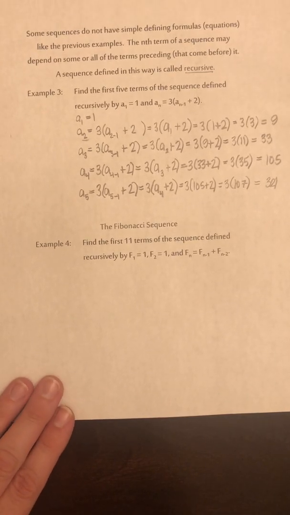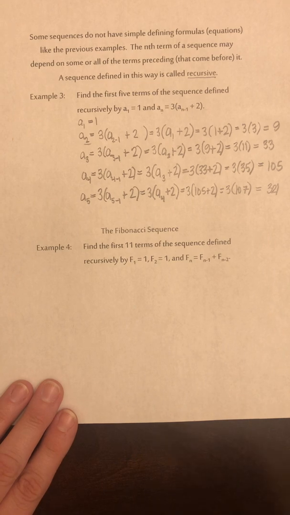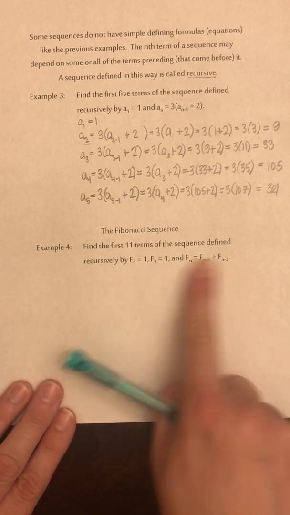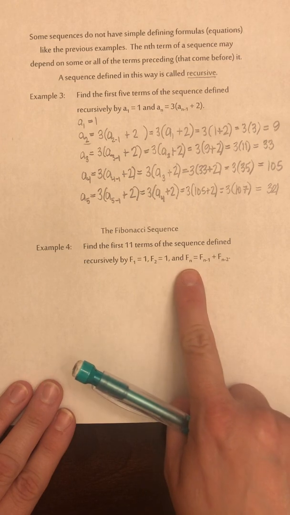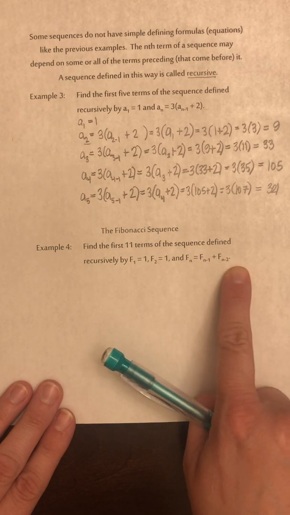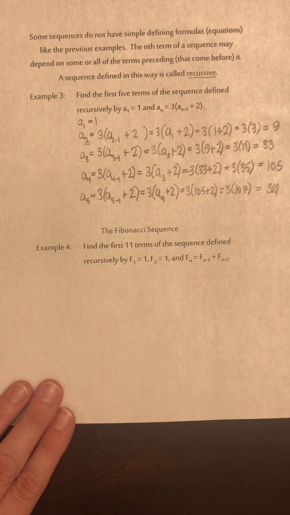All right, example 4 says find the first 11 terms of the sequence defined recursively by this. They give us the first term, they give us the second term, and then they give us a recursive formula to find the rest. This is actually called the Fibonacci sequence,